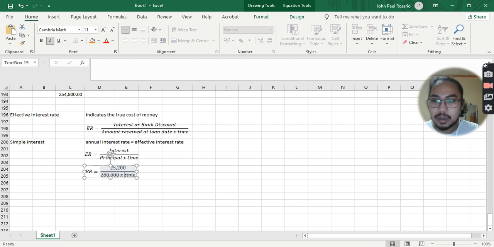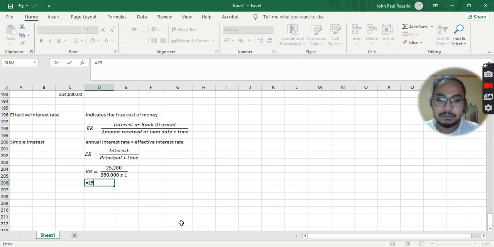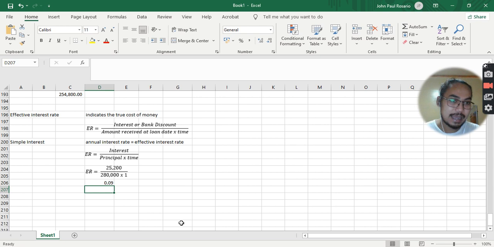Our time is 1. So the result here would still be the same as the annual rate, which is 25,200 divided by 280,000 times 1, equals 9%. Okay? However, for bank discount,